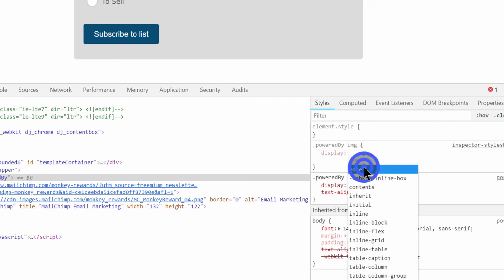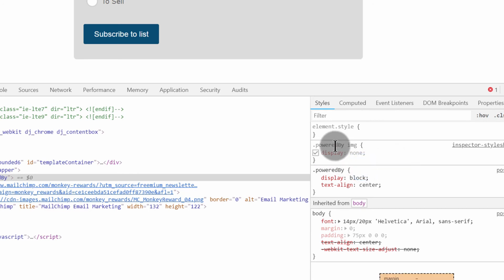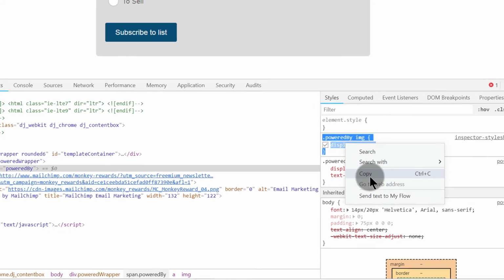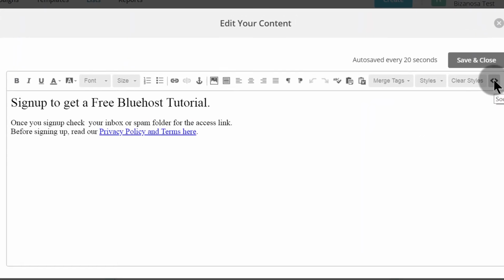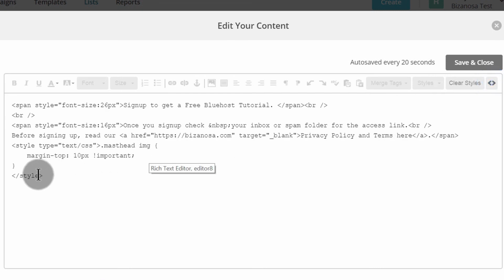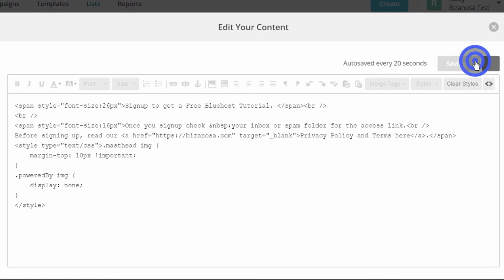So if I say display none, you can see it hides it. Let's see if it's going to work when we add it on Mailchimp. So I'll just go in there, come inside there, and then paste it. And if I paste it and I save and close,